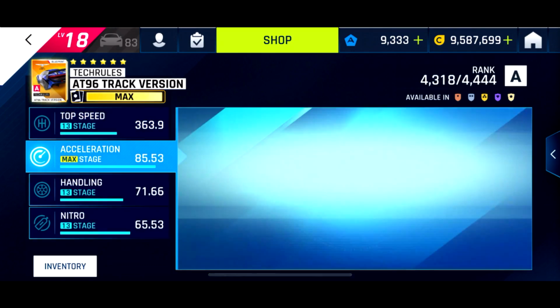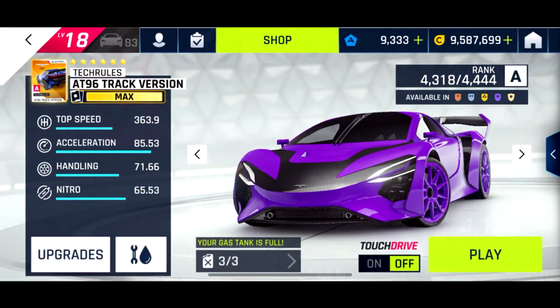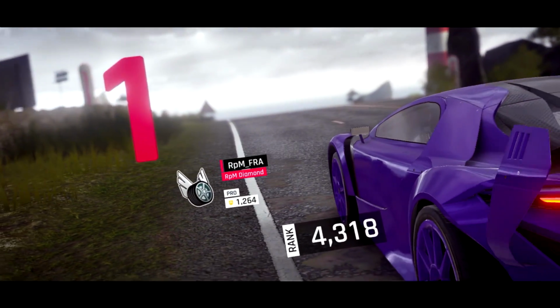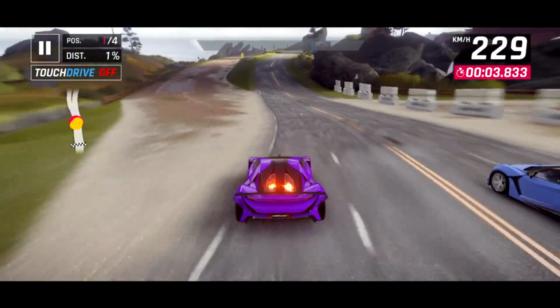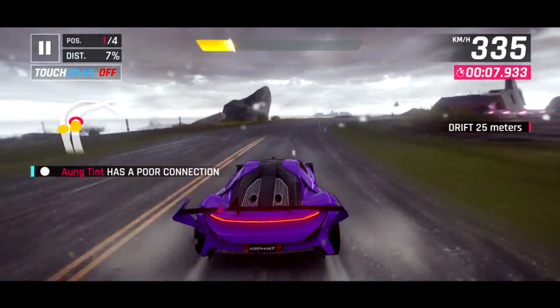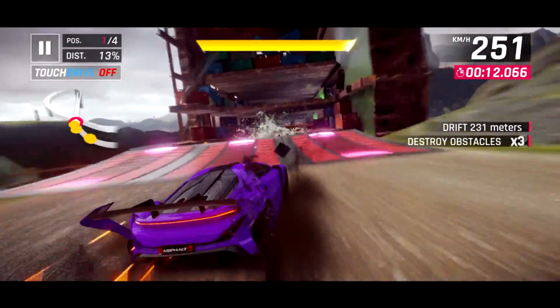So my AT96 is at 4 stars, I have a video about that if you would like to see it, and these races are given to me by RPM Fra, whose channel I will link in the description. These races were recorded in the Legendary Showdown season, which pitted the Techrules AT96 up against the W Motors Fenner Supersport, and so we're going to see a lot of races in this video against 6-star Fenners in this 6-star